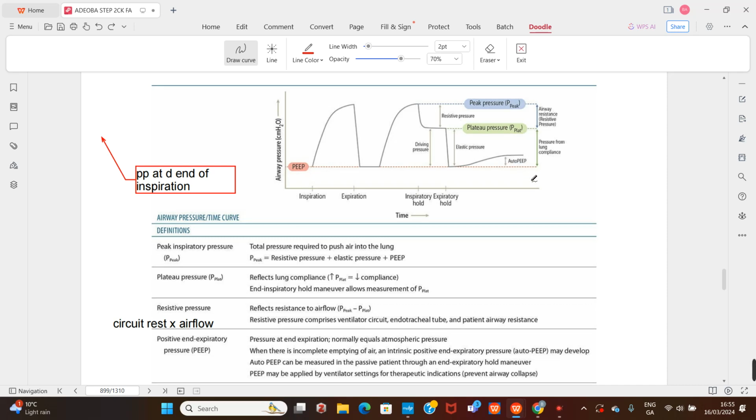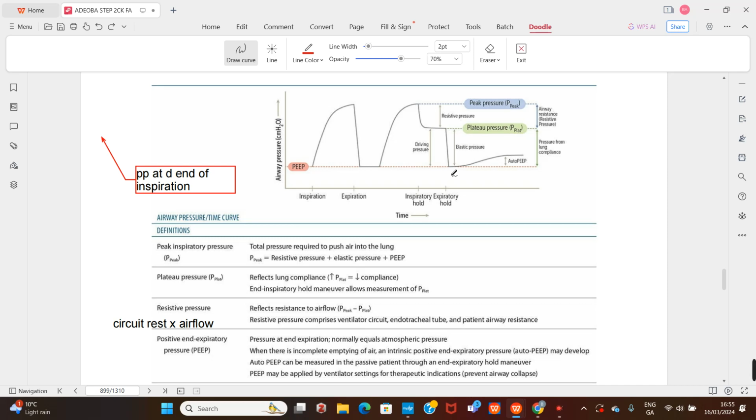So to get auto PEEP, what we do is you try to breathe out totally. At this point is where they stop breathing. Now you hold it. Let me explain what auto PEEP means. For example, someone that has COPD experiences auto PEEP, because air is trapped at expiration. So you are adding more to the PEEP that should be there, because those gases that are trapped will be delivering